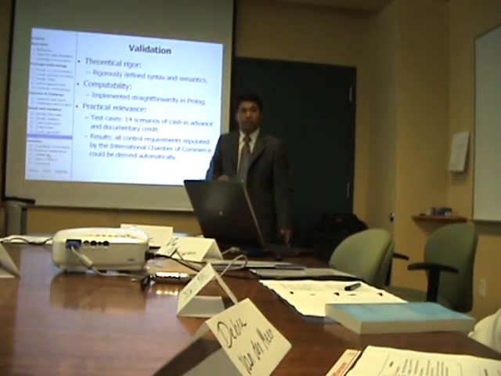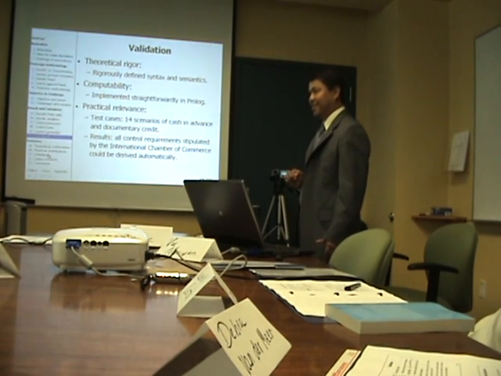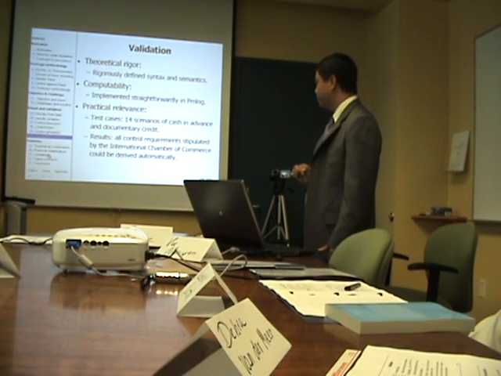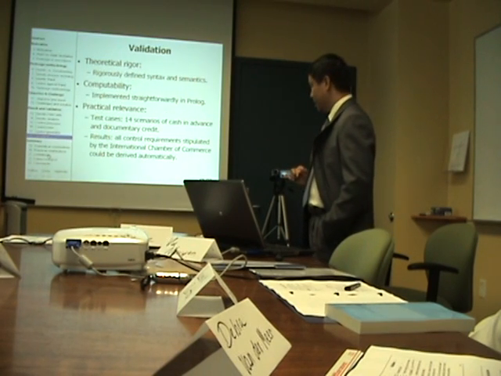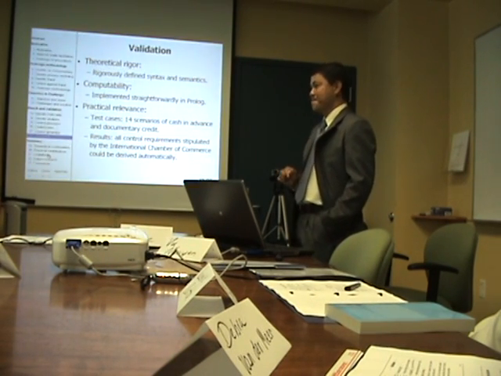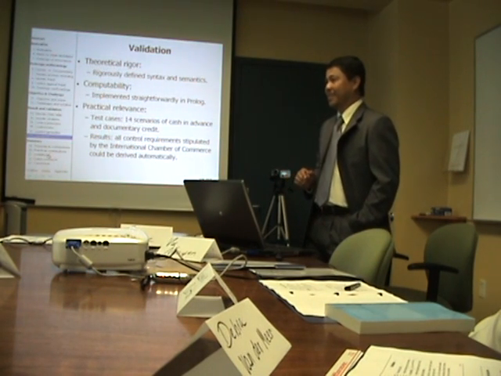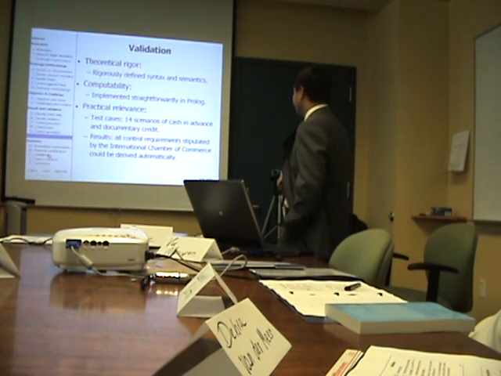You might want to rephrase your result part there slightly, because the way it's stated, it kind of looks like you're doing case studies. And that's not what you're doing here. When you say scenario, what you mean is the functionality, there's different modes of cash in advance. And what you're doing is you're using your program to derive the control requirements and comparing it to what the ICC recommended as control requirements. And is it an exact match? Or do you come up with more than they do or less than they do?